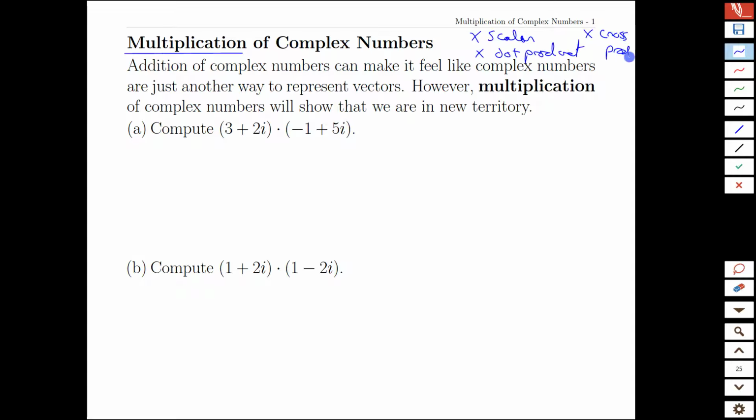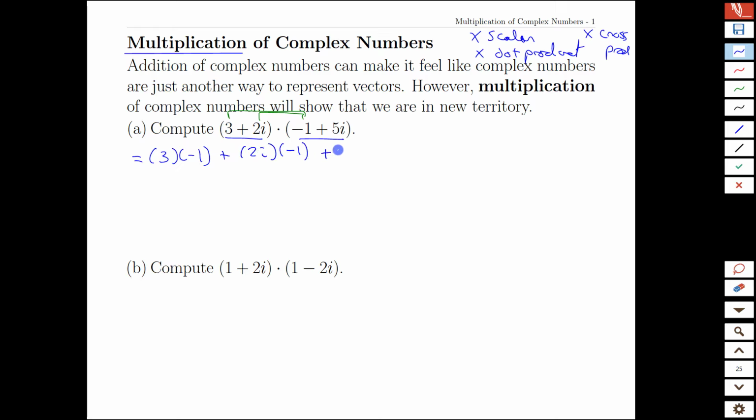And it deserves some exploration, and we're going to do that through some sample calculations to start. If we take two complex numbers, written out in their real plus imaginary component form, then the multiplication works essentially the same way as it would with polynomials or anything else where we can distribute the product. So if we take the 3 times the minus 1, that's going to give us part of our value. And then the 2i times minus 1, we just add all of these together